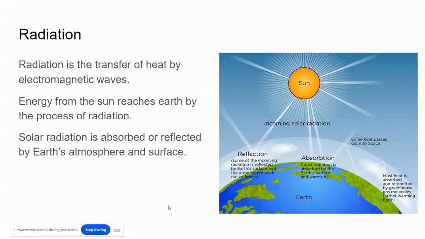Radiation is a form of heat transfer, the first one, and this is in the form of waves. This is how we get heat from the sun. The sun's energy travels through space in the form of electromagnetic radiation, goes through our atmosphere, and then hits the Earth's surface. Now, when it hits clouds, it can be absorbed by the atmosphere, it can be reflected